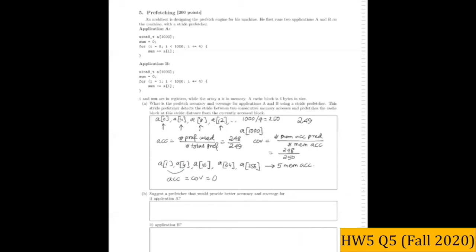Suggest a prefetcher that would provide better accuracy and coverage for application A. Now recall that for application A, the stride prefetcher fails to prefetch memory accesses going to elements A0 and A4, because these are the first two accesses which give us the stride learning. But a next block prefetcher would always prefetch the next cache block without even looking for a constant stride. Hence, in application A, a next block prefetcher would actually successfully prefetch